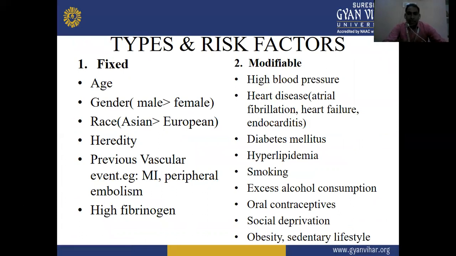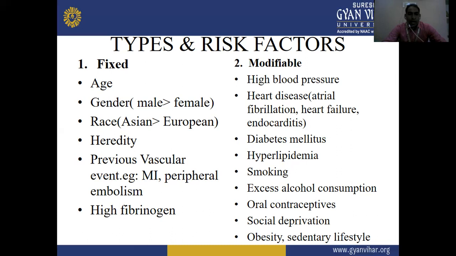Next one, types and risk factors of stroke. First one is fixed risk factors, and second one is modifiable risk factors. Fixed stroke risk factors include age, gender, where males are more affected compared to females, and race, where Asians are more affected than Europeans. Hereditary, meaning genetic, and